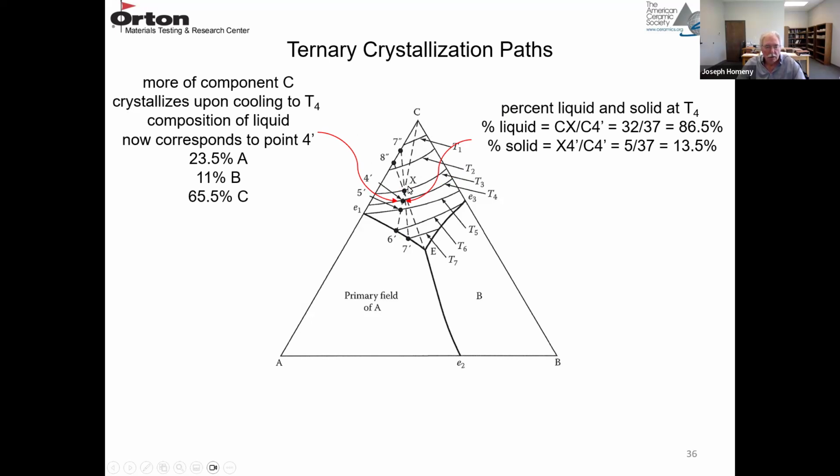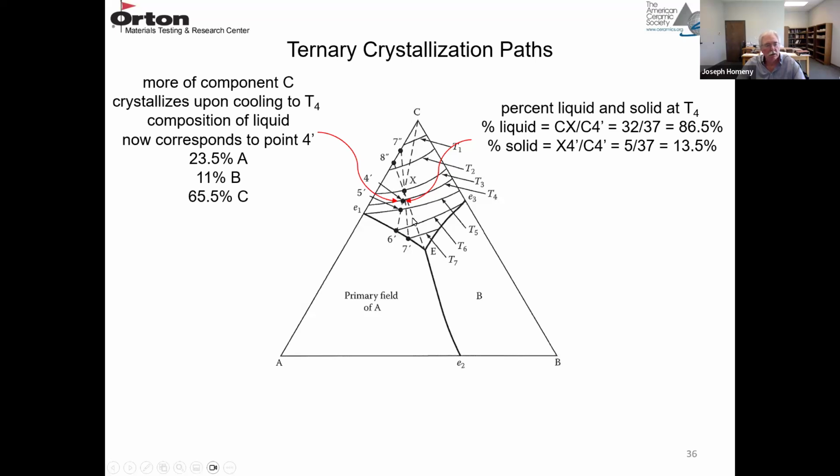So we drop the temperature from T3 to T4, and that's this isotherm right here. More of component C crystallizes when we go from T3 to T4. And then the composition of the liquid now corresponds to this point. We're drawing a line from C through X, and that's actually the crystallization path. We'll get to that in a minute, but now we're at 4' on